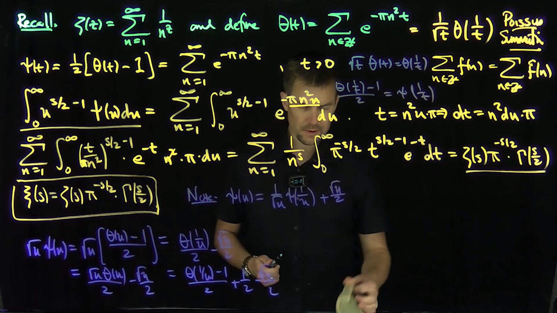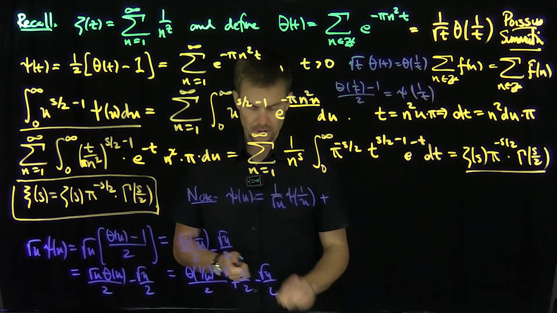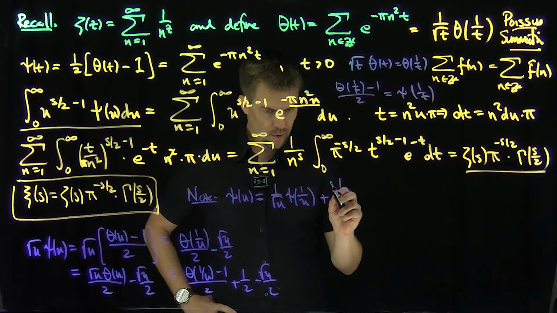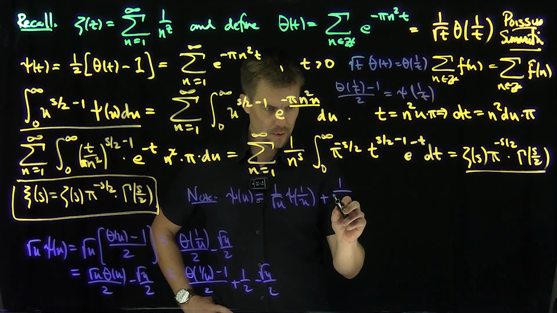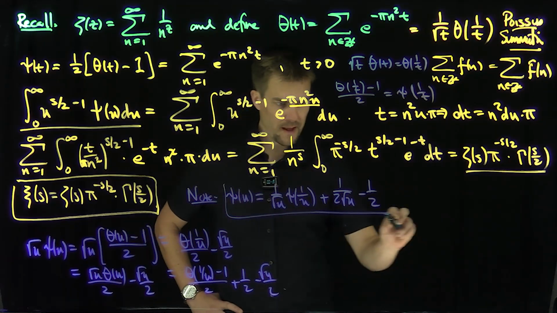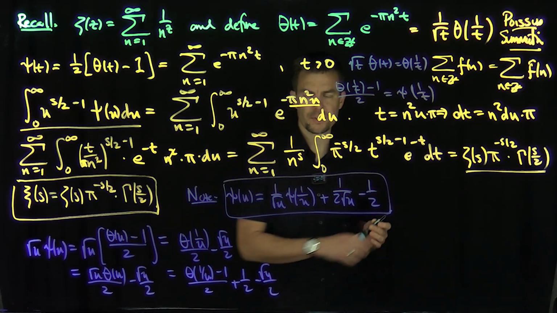Those cancel out actually, so that's going to be in the denominator. Let's be careful here. So I want to plus 1 over 2 root u, and then a minus 1/2, okay? Beautiful. And now this formula is going to help us out a tremendous amount, because what I can do now